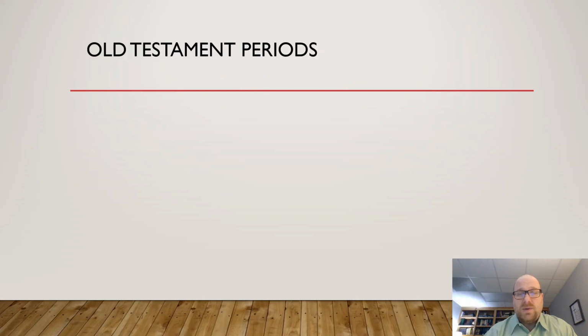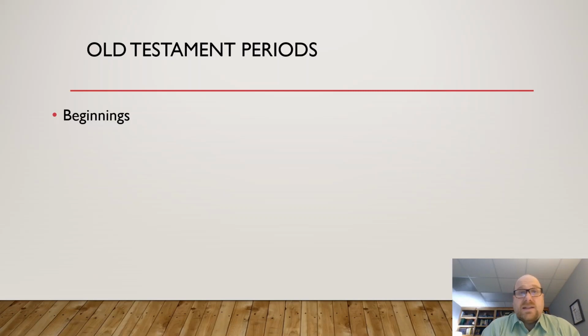Here we go, Old Testament periods. And let's start at the very beginning. It's a very good place to start. So I call the first period of the Old Testament the beginnings, and it's the first chapters of Genesis, chapters 1 through 11. These early stories are sort of in a category by themselves, in that all of Genesis from chapter 12 on is simply about the patriarchs and their story. But we have this collection of early stories in Genesis that cover a lot of time and get us up to the patriarchs.